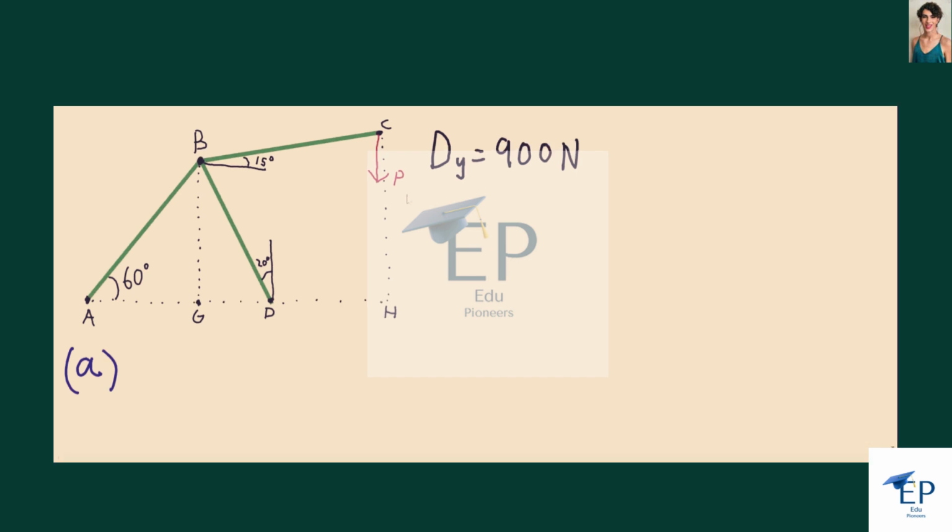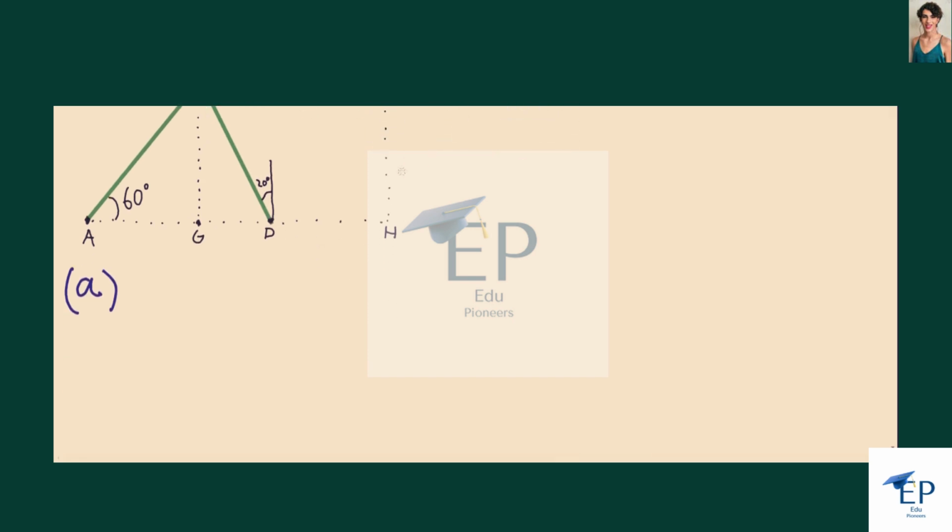This question is asking us to find the force P due to the vertical force at D of 900 newtons. And we're also asked to find the reaction at point A due to the force of P. So to start with, we can write out for part A,